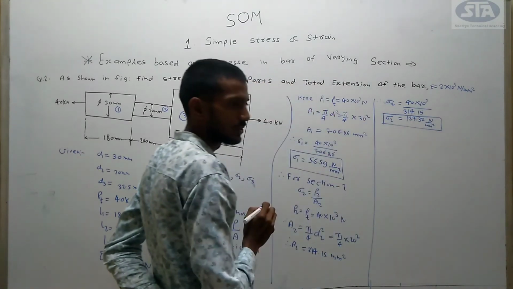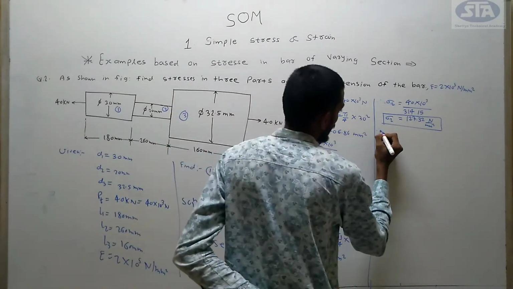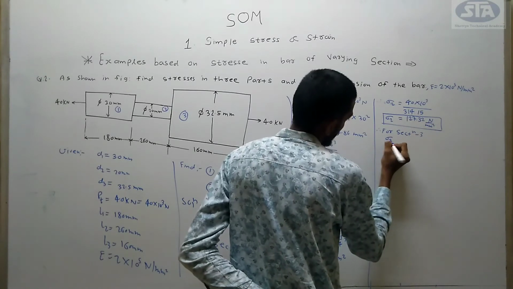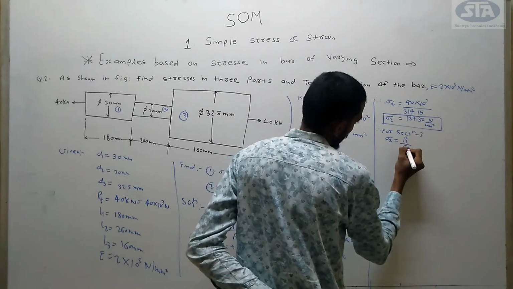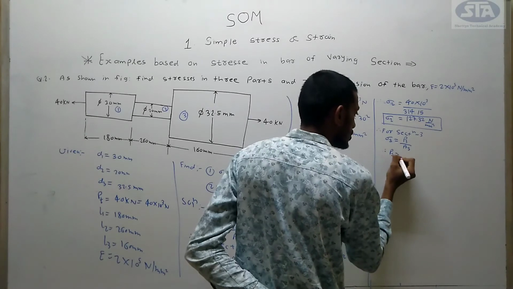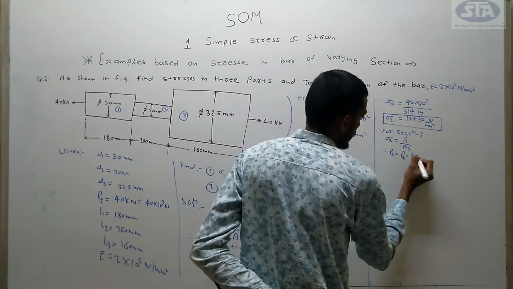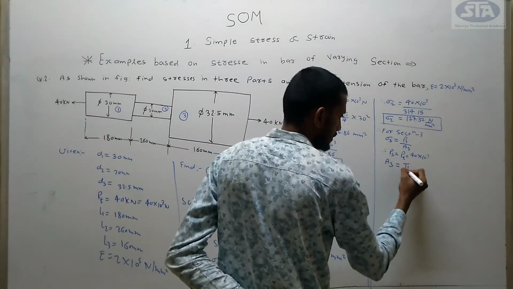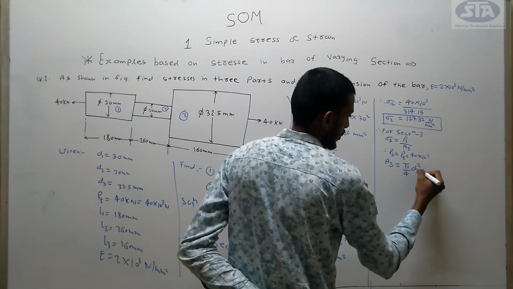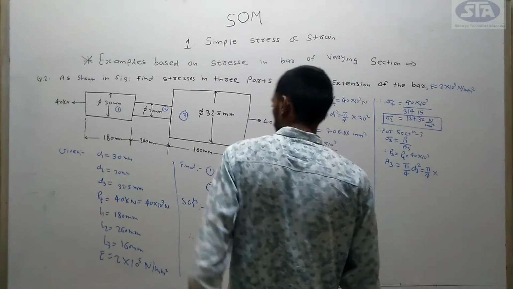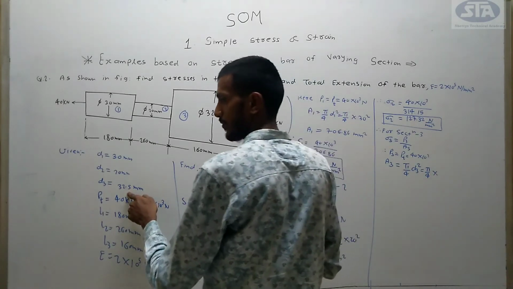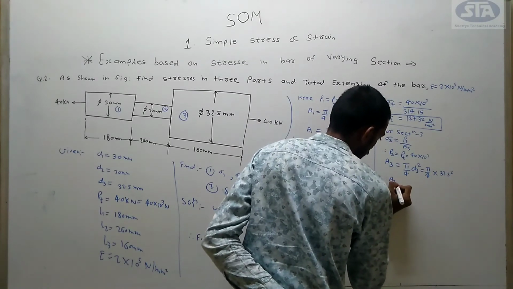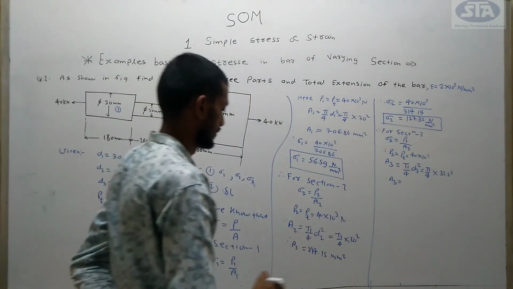Similarly, you can calculate sigma 3. Therefore, for section 3, sigma 3 is equal to P3 upon A3. Again, P3 is equal to PT, which is 40 into 10 raised to 3. Again, you have to calculate A3, with the same formula, pi by 4 D3 square. The diameter D3 we already know is 32.5, so put that value here: 32.5 bracket square. Therefore, area 3 you will get is